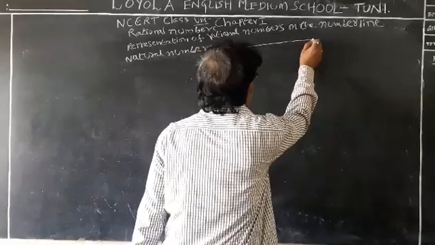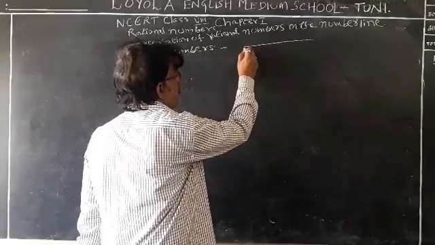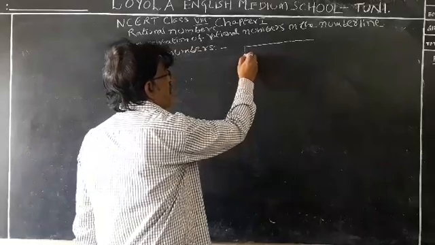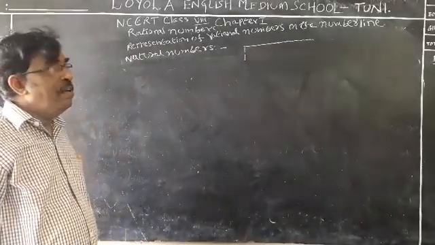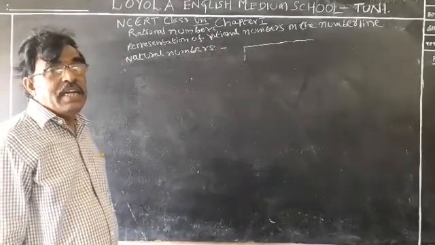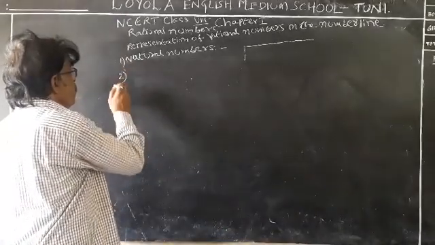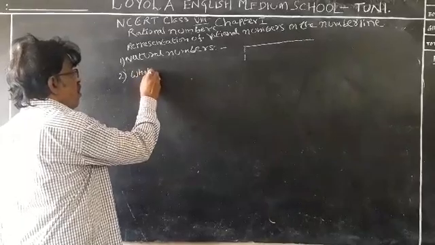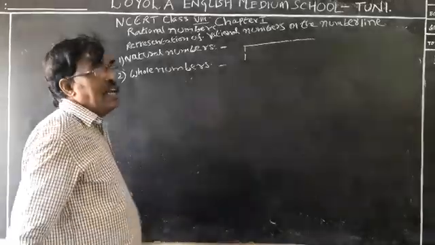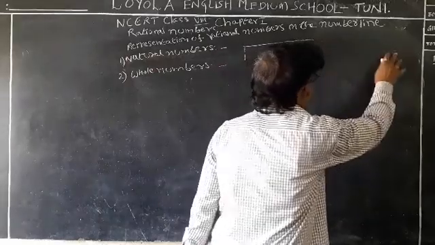For example, this is the number line, with natural numbers starting from the starting point. Natural numbers start from 1. By taking equal distances, we can write natural numbers on the number line. Second is whole numbers. As you know pretty well, natural numbers start from 1 and extend this line to the right side indefinitely.